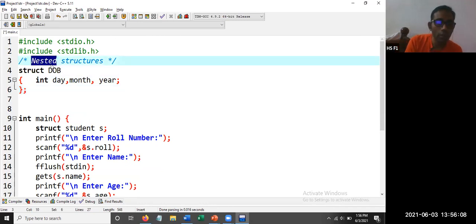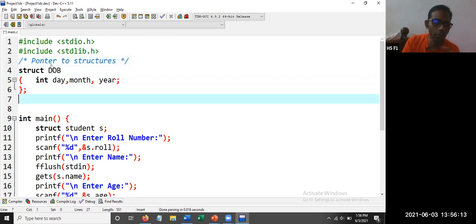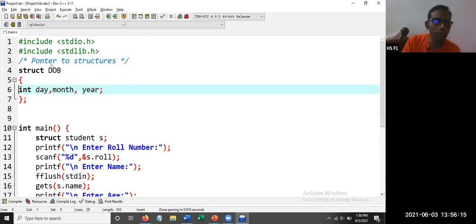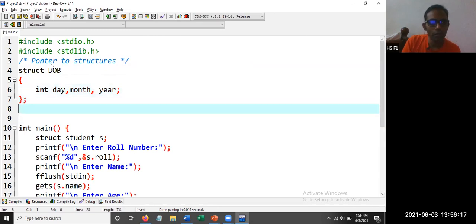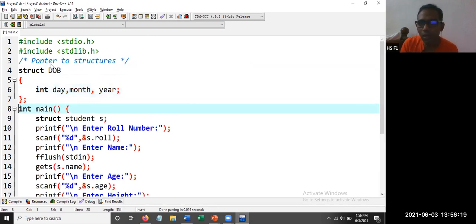So now we are going to work on pointer to structures, simple one, pointer to structures. So now we are going to access these variables without using a pointer first. Then we are going to introduce the concept of pointers. So struct